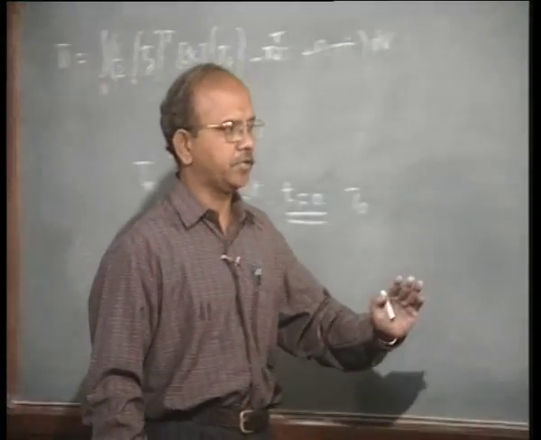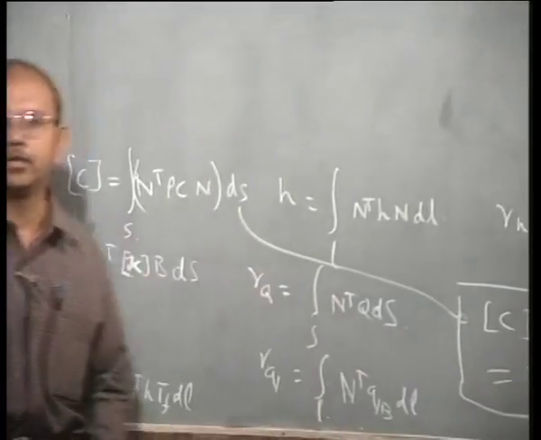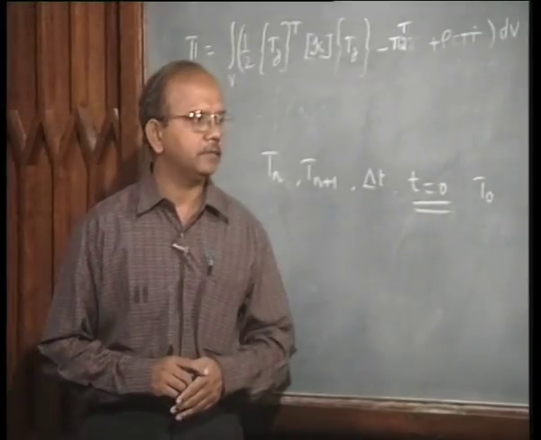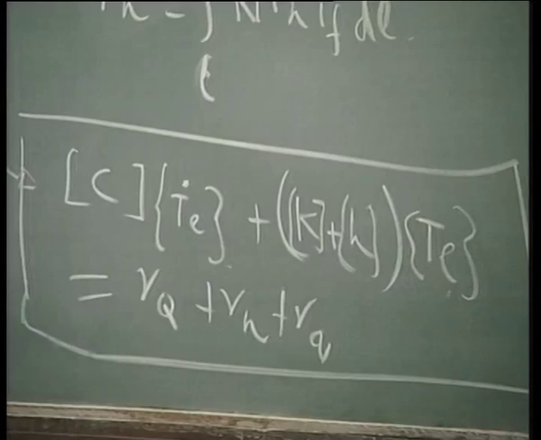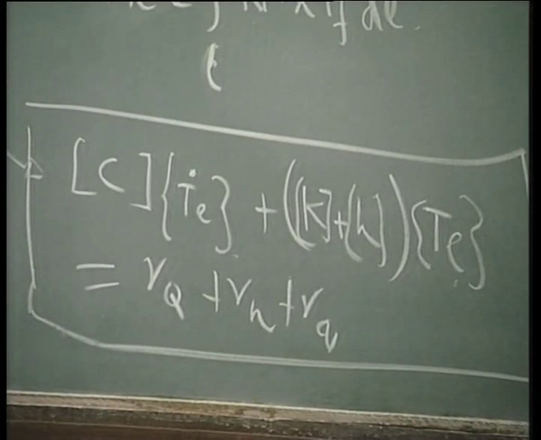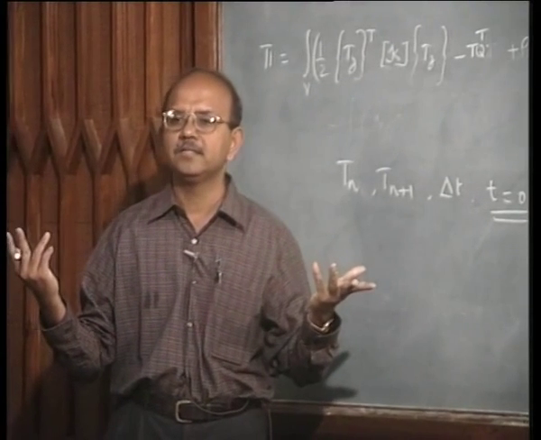Right. Now look at this expression, and how do you think we can write down the final form? Have a look at that. Here, T dot is my culprit. I have to write T dot. Now there are a number of ways in which I can do it. We will generalize the way in which we can write down T dot of n plus 1. If T dot is not there, then obviously no n plus 1, no n, because we are in a steady state situation.